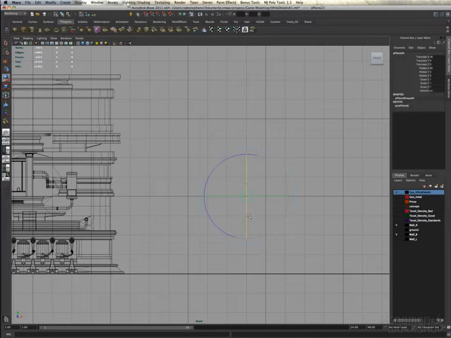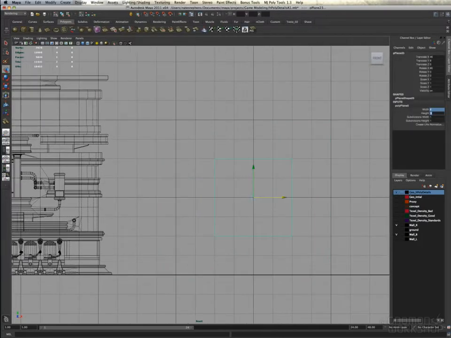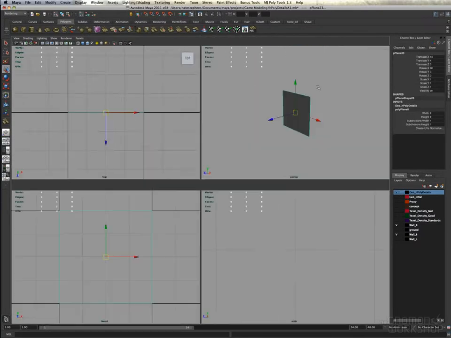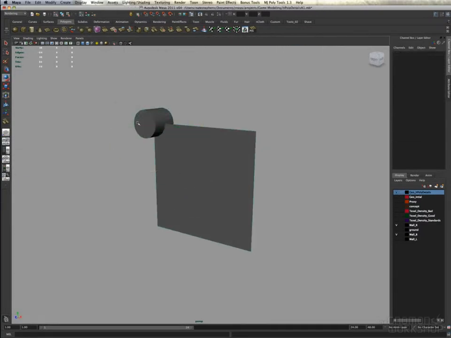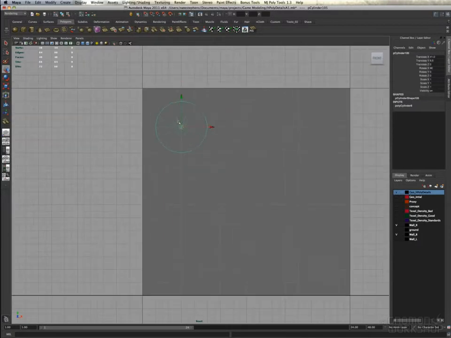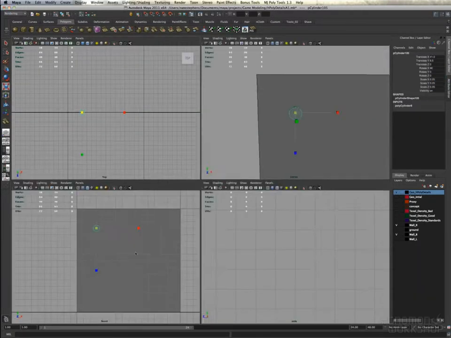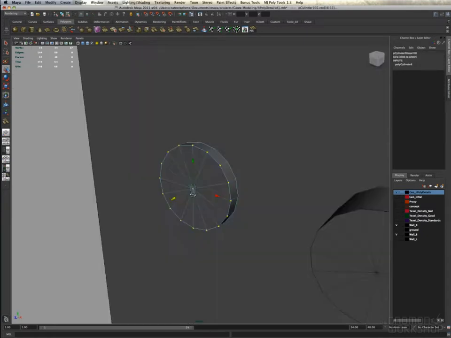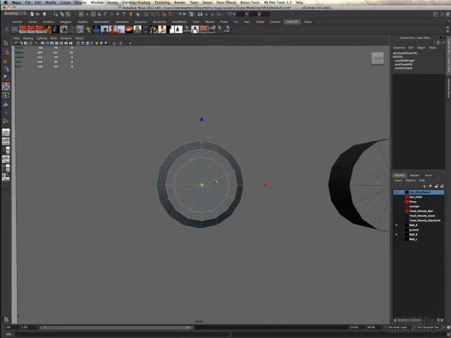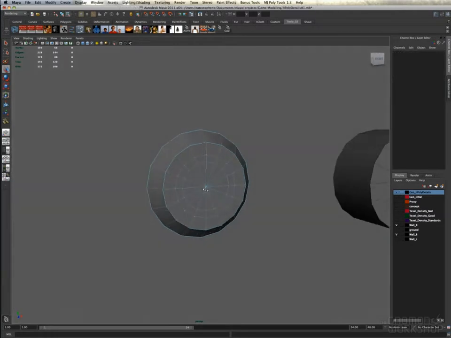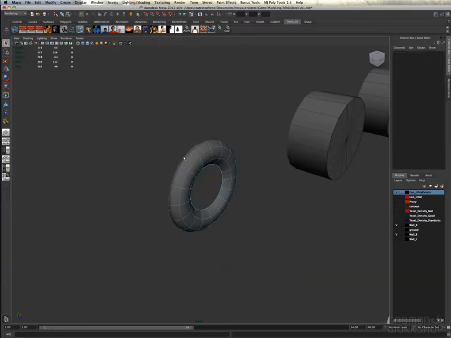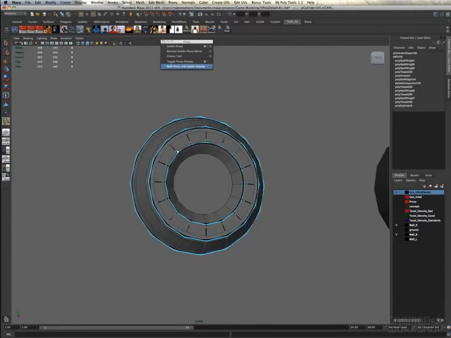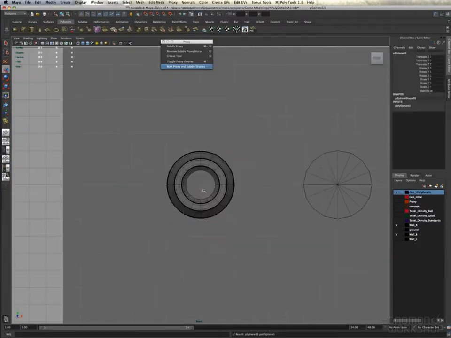And what we're going to do to start this chapter is create a plane. We'll just make a little 4 unit by 4 unit plane. And the purpose of this plane is, this is what we're going to use to bake these high poly pieces down to. Meaning this plane will be kind of like a set of UVs. And after we do a bunch of high poly modeling, we'll use that to transfer the high poly details to a flat plane. And if that doesn't make a lot of sense right now, don't worry,